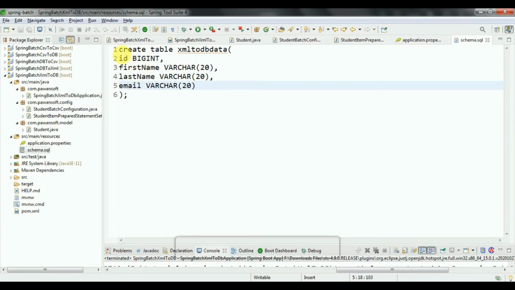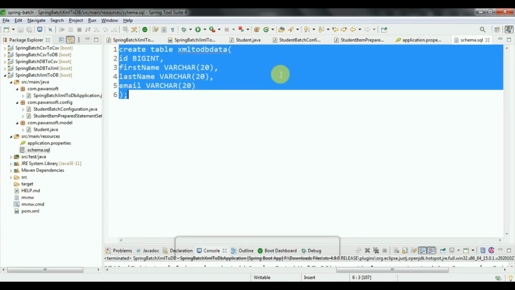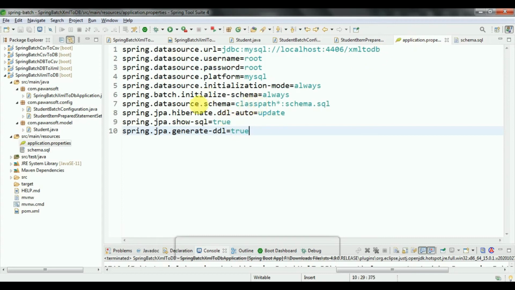This file will run when you define this classpath data source schema as classpath schema.sql. You can write your own name, something different also. In my case I have written only schema, so schema.sql. So write here schema.sql, and it will execute this property automatically and create the table automatically.